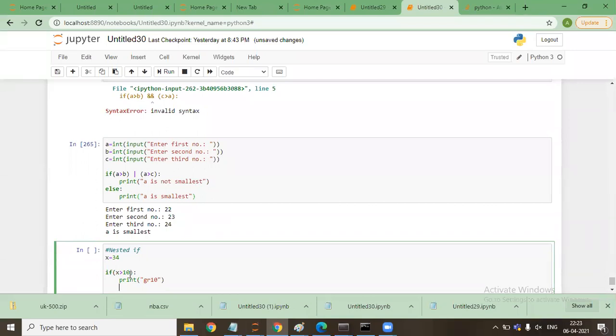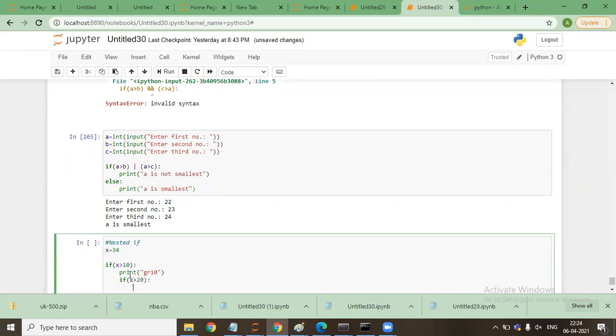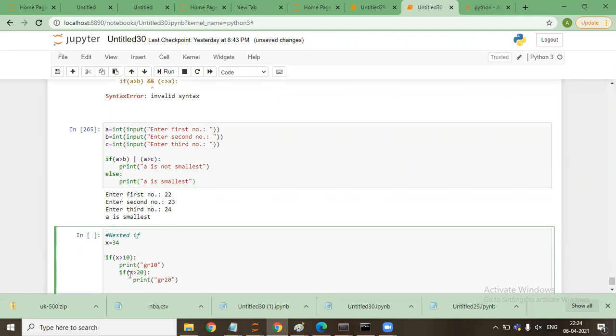Then I'll say if x greater than 20, print gr20. Okay, I'll say else.